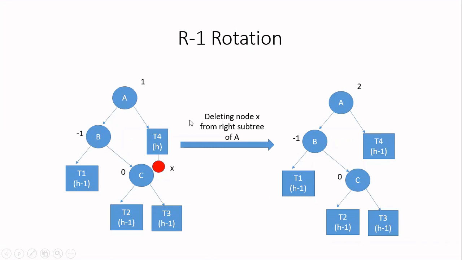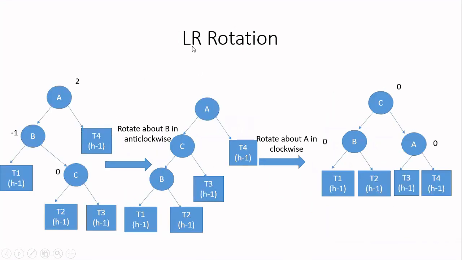In case of R-1 rotation, how do you handle it? For that, you need to apply LR rotation, which we have seen in the insertion process. In LR rotation, we have already seen that the letters are different, so you will be applying rotation 2 times. The first time, you will be converting LR into LL imbalance. For that, you look at the first letter. The first letter is L. L means left, that is anti-clockwise. Therefore, you rotate your tree in the anti-clockwise direction about the middle node.